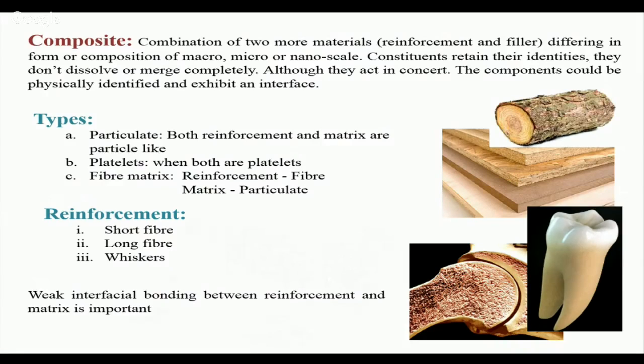Similarly, for long fibers, I think one of the finest examples in our country is the Agni missile. They use long carbon fibers, weave in 6 directions, and infiltrate with the pitch. They infiltrate with the pitch, and then go for dehydrogenation and graphitization. Eventually they get a hexagonal block, which they machine into a dome, and they get the hemispherical structure. And this hemispherical structure is actually the front of the